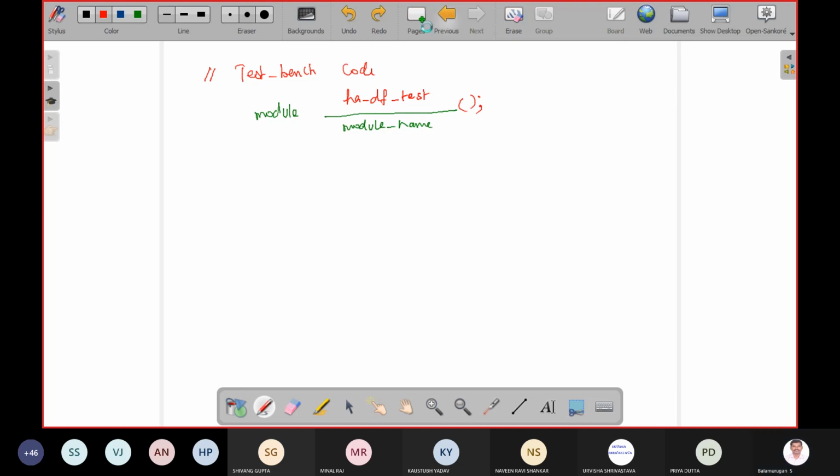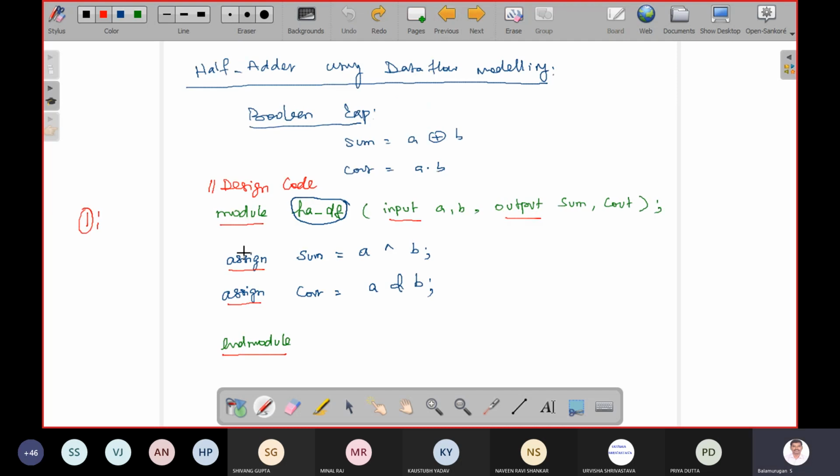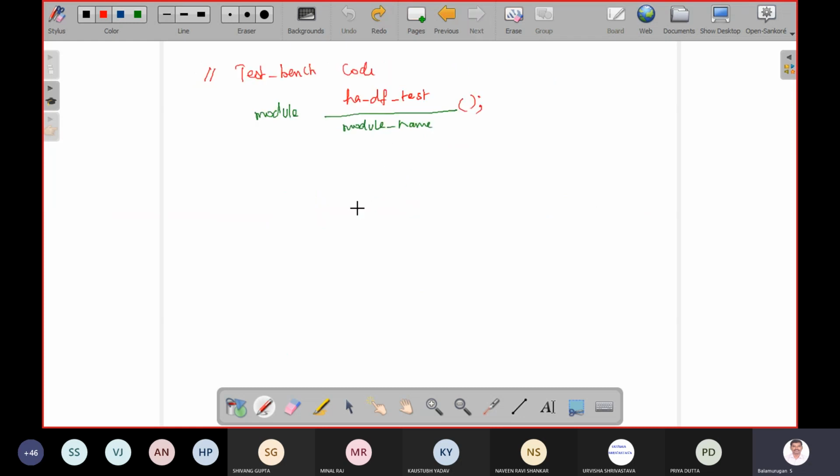Then, whatever inputs you gave in our design should be converted to register type. So input A, B, all your inputs in our design become registers.